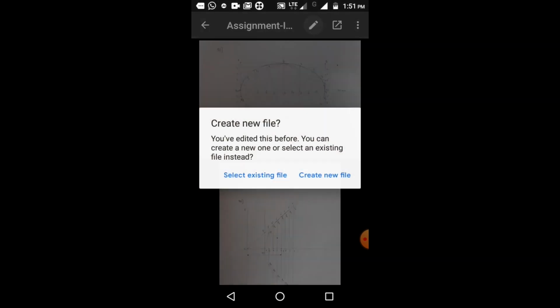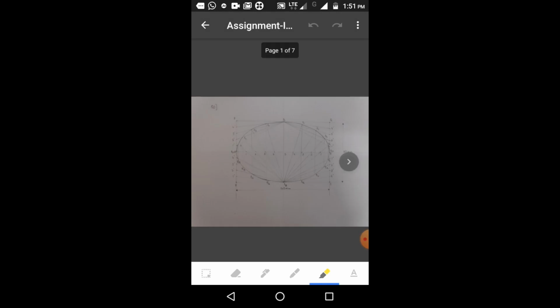So this window will appear and this PDF will open here. At the top side you have a pen like icon here. When you click on this pen like icon, you can enter into the edit mode. Now you can check this assignment whether it is correct or wrong. Now at the bottom side you can see a number of options. The first option is an eraser. If you have made any mistake in the assessment, then you can correct it with the help of this eraser.